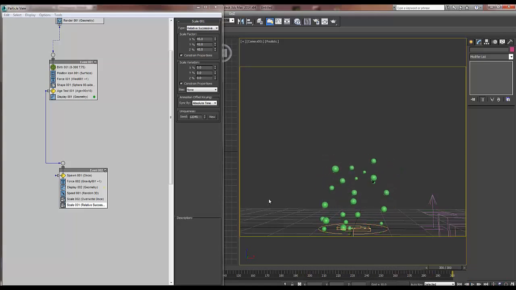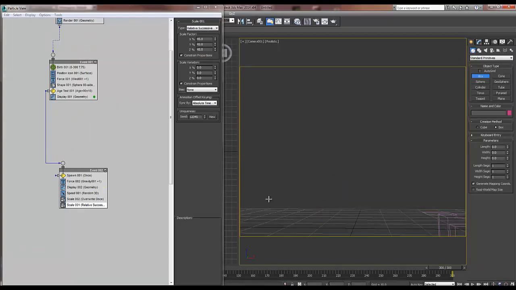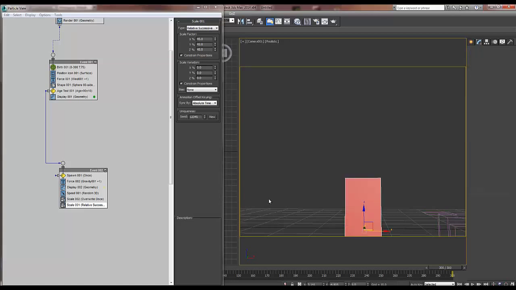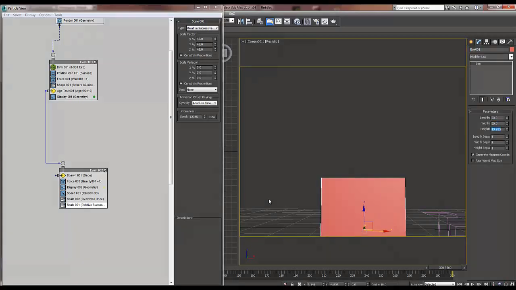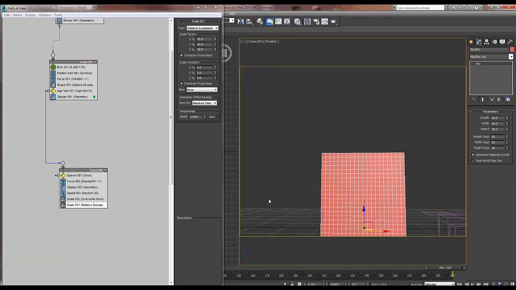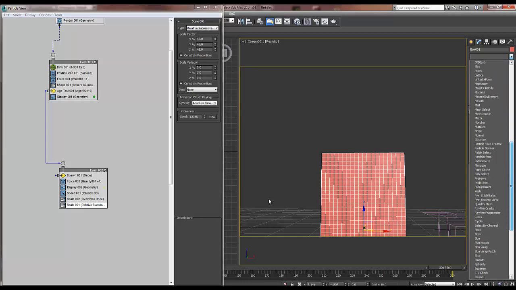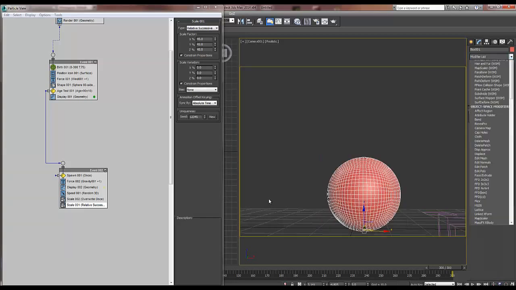Okay, now next we're gonna try, this is just the regular shape here. What we're gonna do, we're gonna change this particle geometry. So we're gonna hide all of these here, hide selection. Okay, I'm gonna create a box. I should have created the cube so we didn't have to do this, but I'm gonna set it to have 20 on each axis. I'm gonna change it to a sphere, spherify it. Okay, after that I'm gonna smooth it,